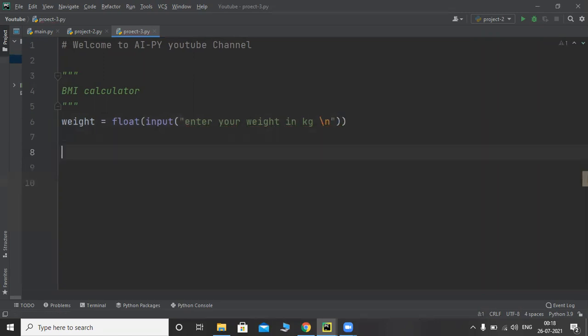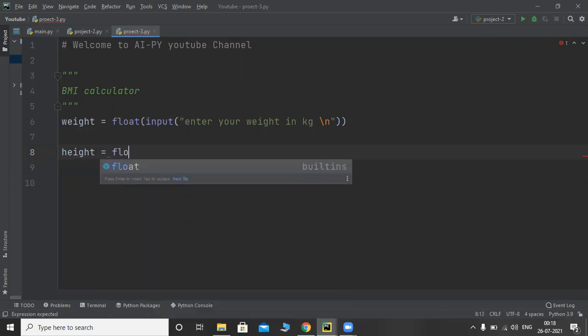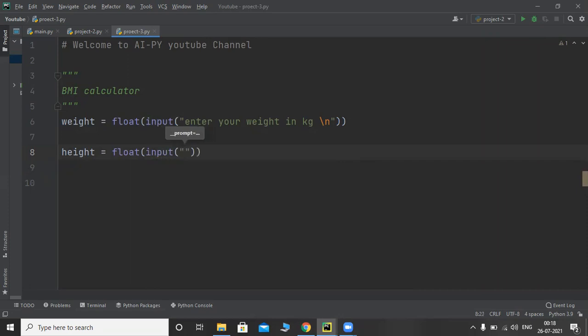In a similar way, I will create one more variable for height. Enter your height in meters.